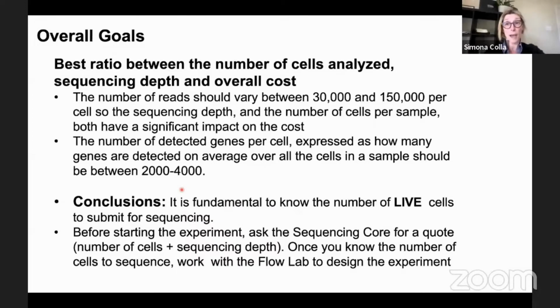And I ask, for 100,000 reads, how many cells should I give you to pay a specific amount of money? This is fundamental because the budget for scientists is not so light. After you know the answer,